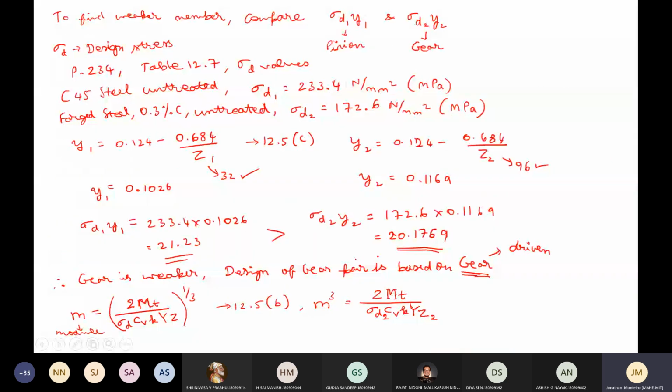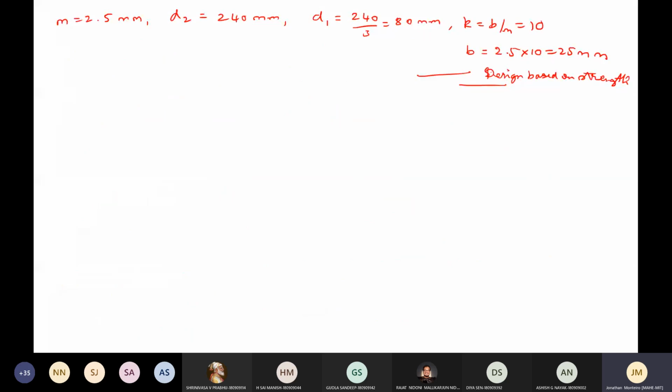Let us do that with the same system rotating at some RPM, whether it is a pinion or a gear. In this case we are designing based on the gear, so it is rotating at some high speed. What will be the dynamic load on it, and whether it can sustain? So for dynamic load, that is the second part of the discussion.